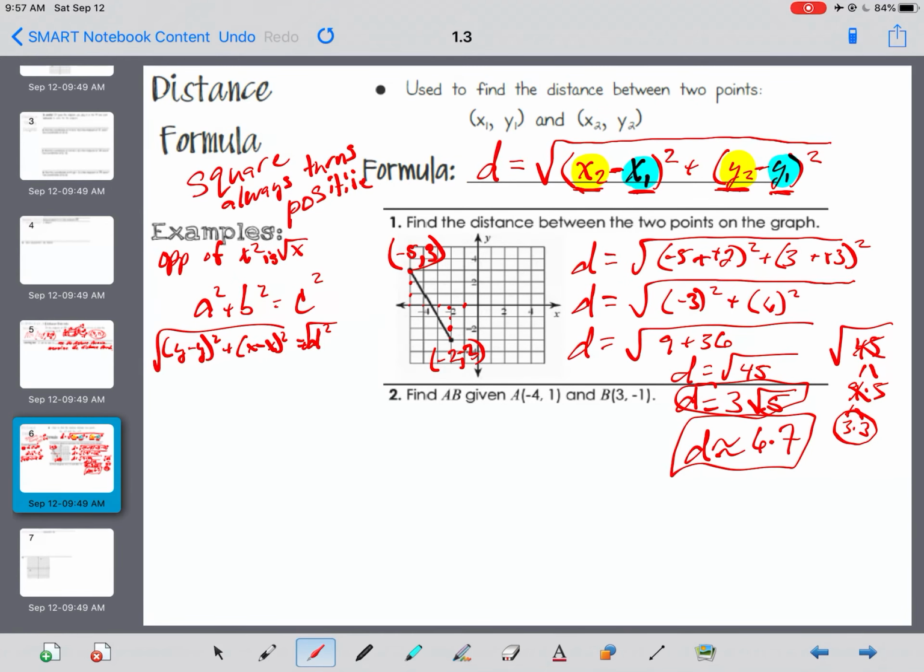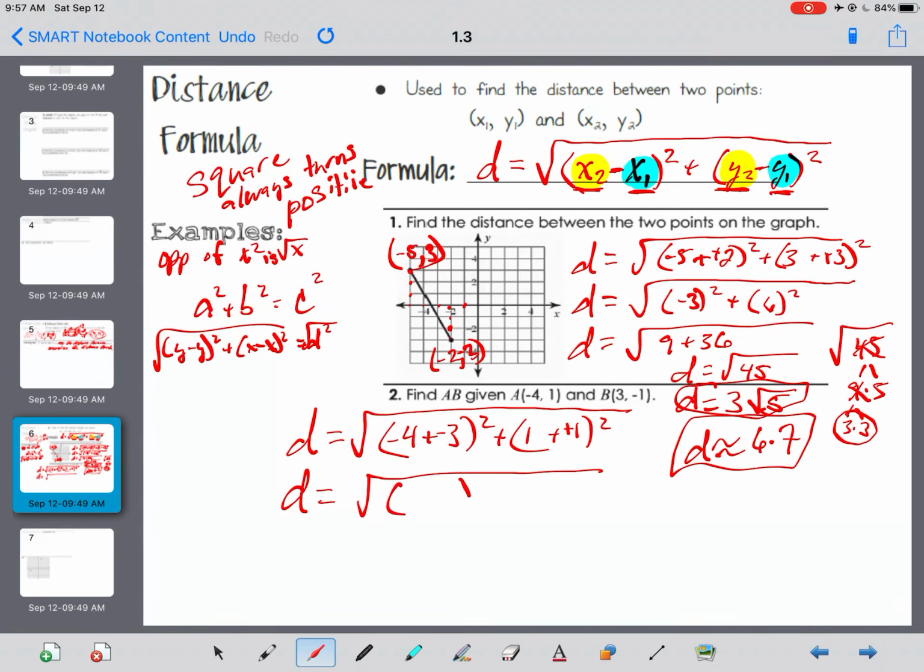Now they didn't say round it, so I would rather you give me the exact answer instead of rounding the answer. But we'll see how it goes. Find A to B if A is this and B is that. Well, let's just plug it in the distance formula. D equals the square root of parenthesis squared plus parenthesis squared minus. X goes in one, Y goes in the other. X goes in one, Y goes in the other. That becomes plus. That gets more negative. The square root of